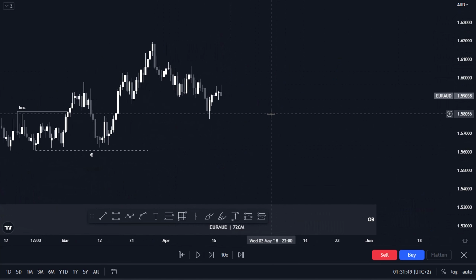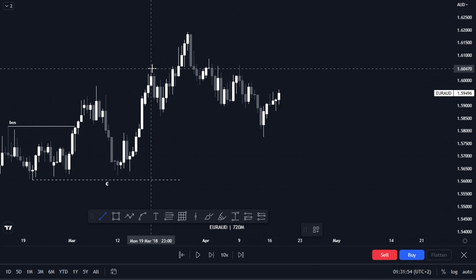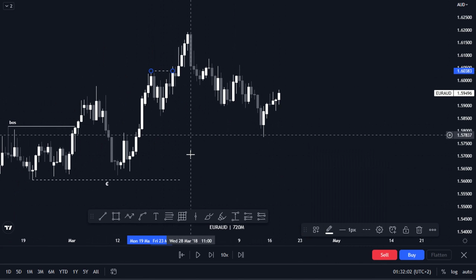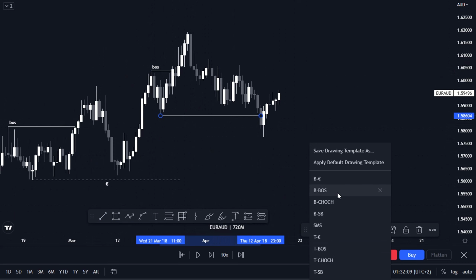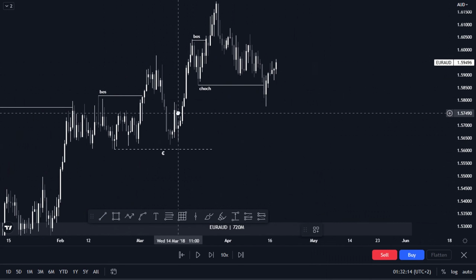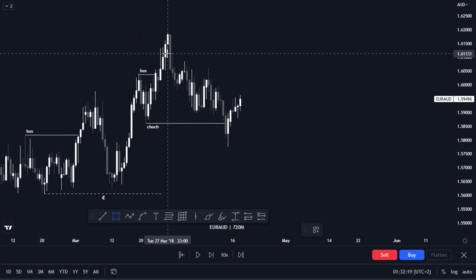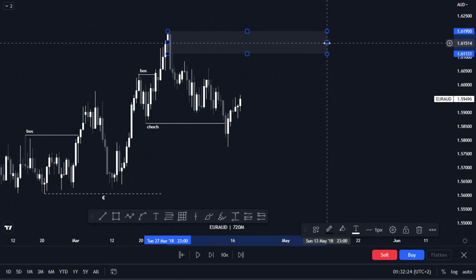Okay, so as you can see here, price eventually creates a break of structure here. It creates this break of structure here, and price violates the higher low, which means that there could be a change of trend, meaning that we could be moving from a bullish trend to a bearish trend. Okay, so in these cases now we are looking forward to price respecting our high here, our short order block here,